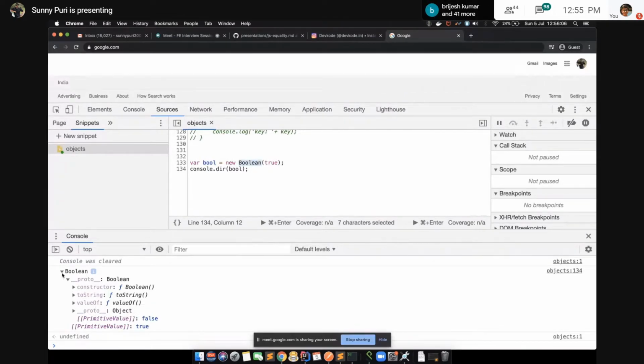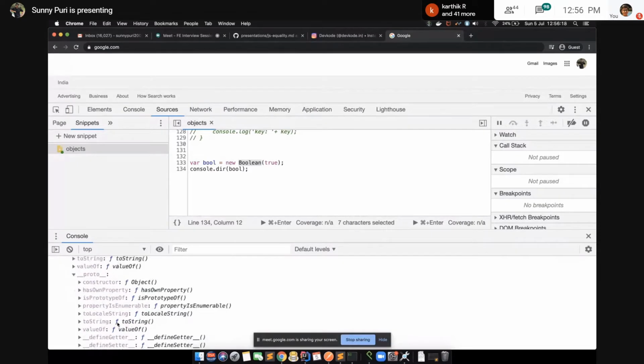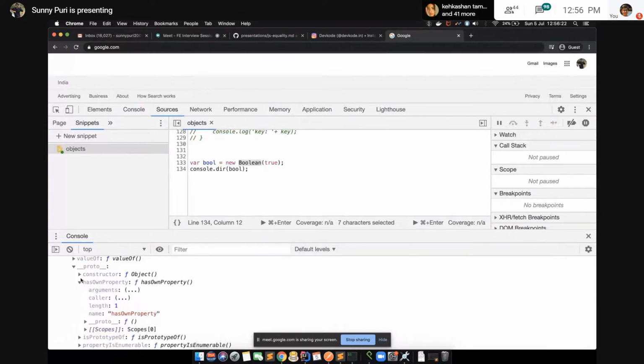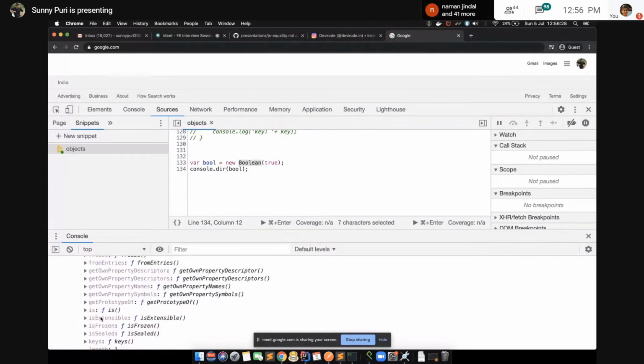We can get all the properties from the Boolean prototype and object prototype. That's why we are getting things like toString, valueOf. When you go into the constructor, we get so many things like entries, get all properties. This is the way we are getting all these things.